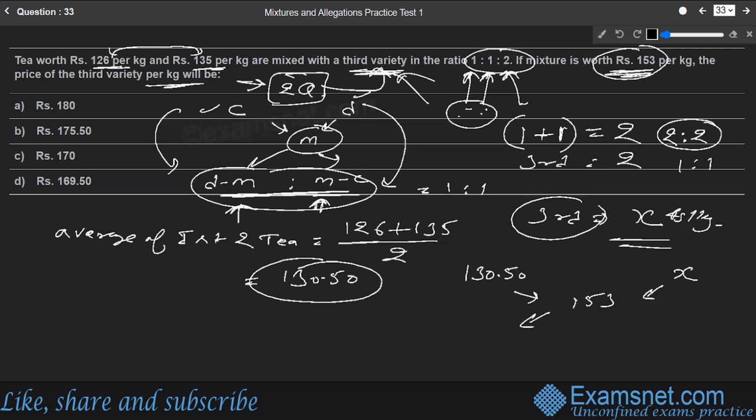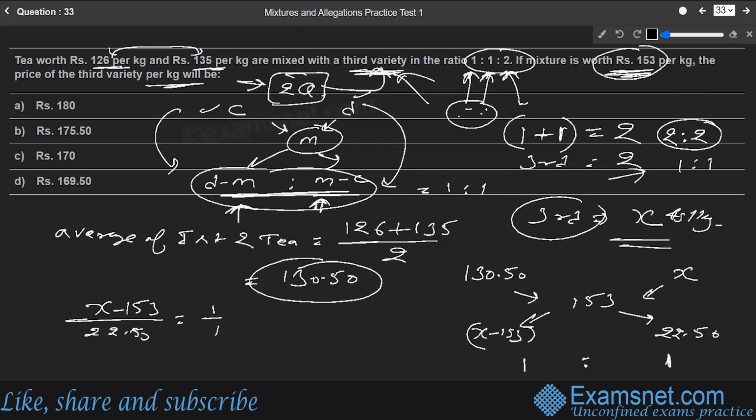And the ratio to come out should be 1 is to 1 because that's what we have found out here. And what is the difference coming? The first difference is coming out to be X minus 153, and the other is 153 minus 130.50, which, if you solve, is 22.50. So this has to be the ratio, and this ratio we have already calculated to be 1 is to 1. Okay, so now we can solve this. X minus 153 divided by 22.50 should be 1 by 1. The ratio should be similar. So we can find out X minus 153 as